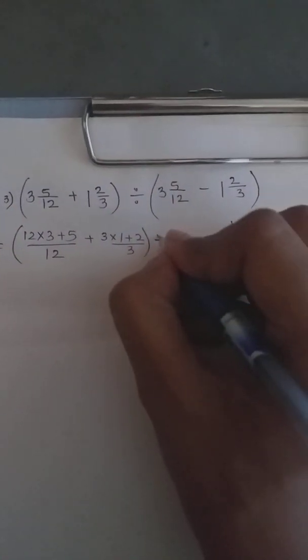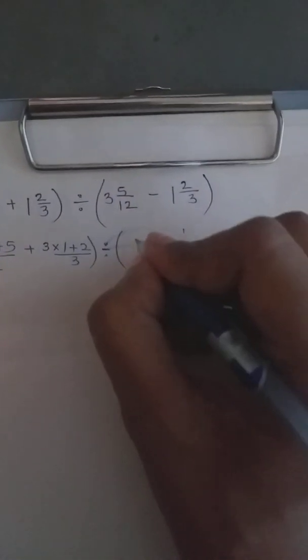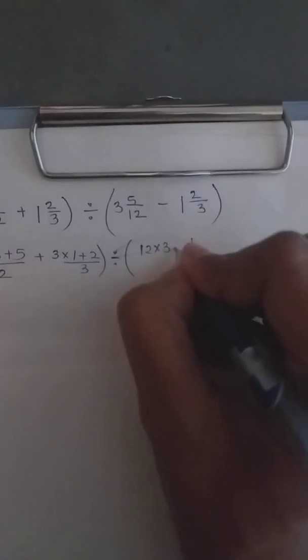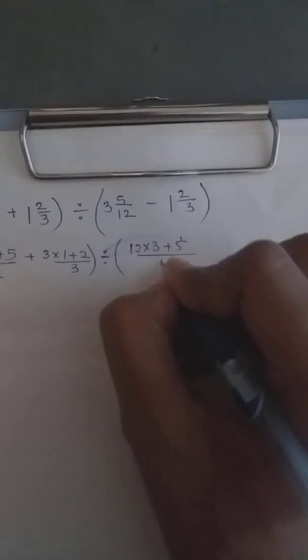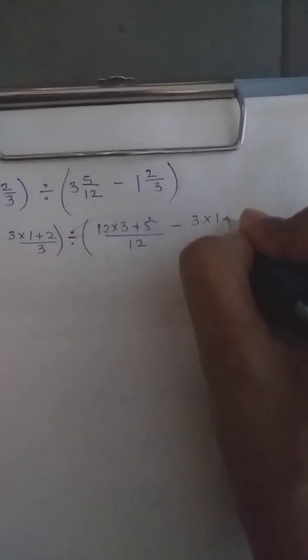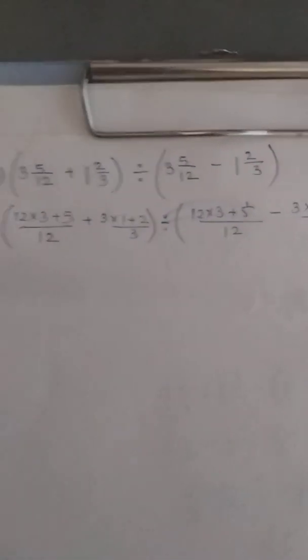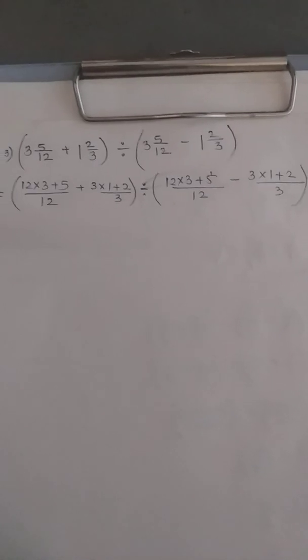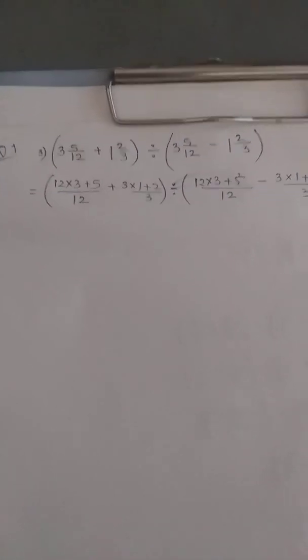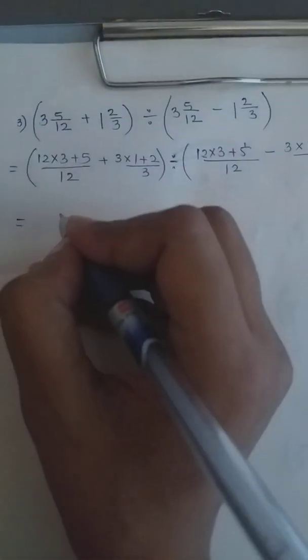First bracket divided by second bracket. 12 into 3 plus 5 by 12, minus 3 into 1 plus 2 by 3. So solve both the brackets. First of all, it was in mixed form, so I have to convert into improper. So the answer is